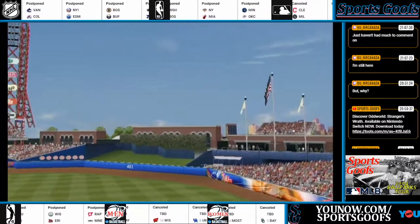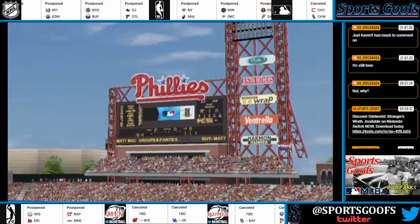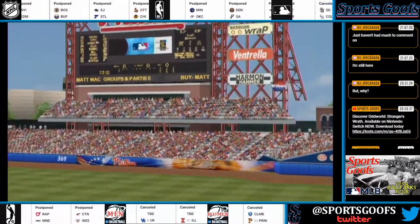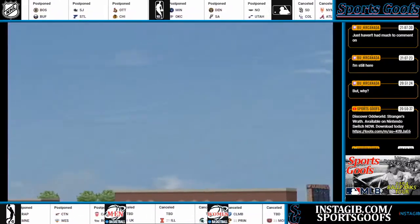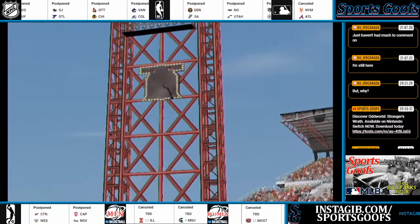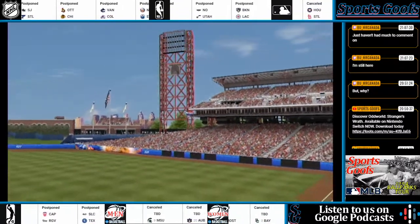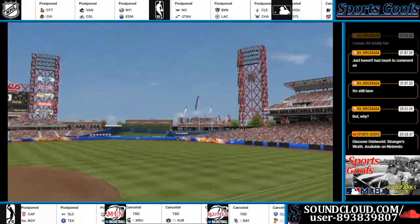I know this isn't what we typically do, but we started this concept last week, so we wanted to finish it up. And given the fact that we won't have a lot of or any sports to comment on, for at least the short-term future, we'll have to think outside the box on some other new stuff. So, oh, they got the Liberty Bell. If anyone has any ideas for what we can discuss in the next month, I mean, I've always wanted to do a discussion on,